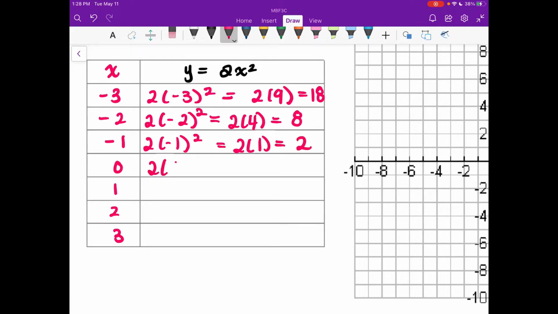Then we have 2 times 0 squared. 0 squared is just 0, so it's going to be 2 times 0, which is going to give us 0. And I'm just going to quickly go through it and do all of these. You'll notice that the numbers just start repeating themselves, so